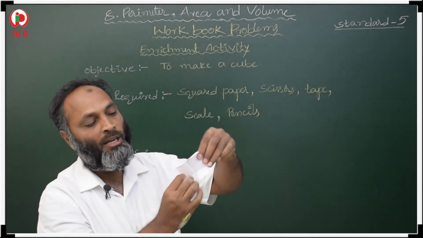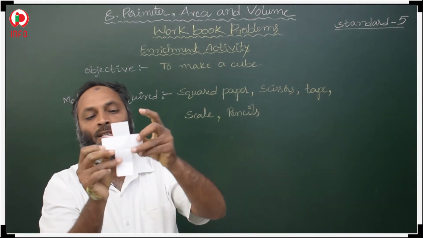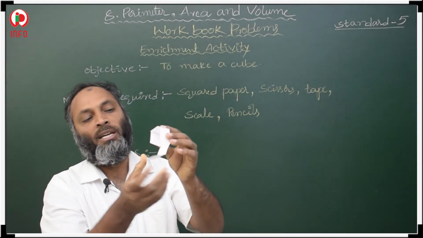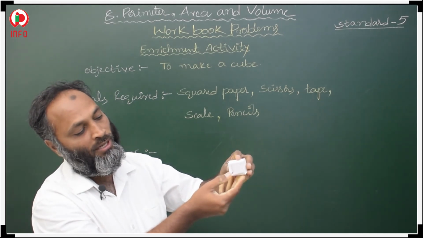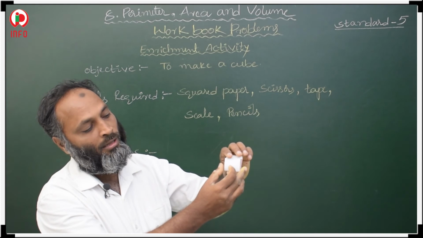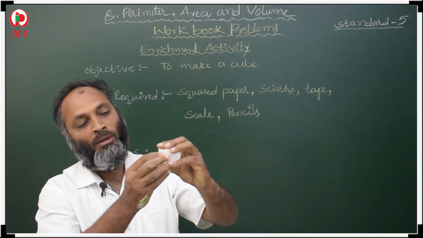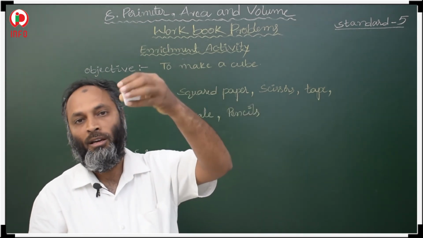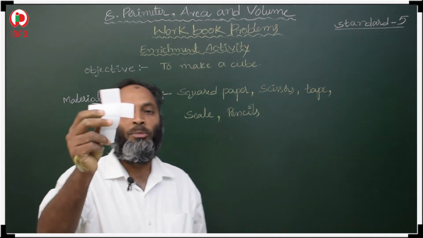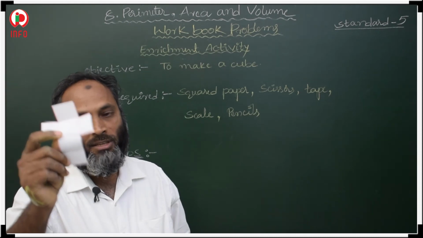How to form it? Again, this is the square pattern. First you close the upper part, then two sides, then you fold this one and after that you fold this one. Then we form a cube. Okay. With the first pattern it is easy to prepare a cube. This first pattern is over.